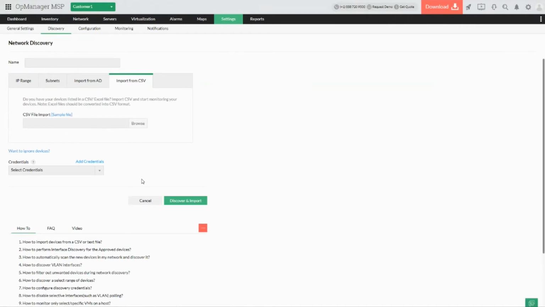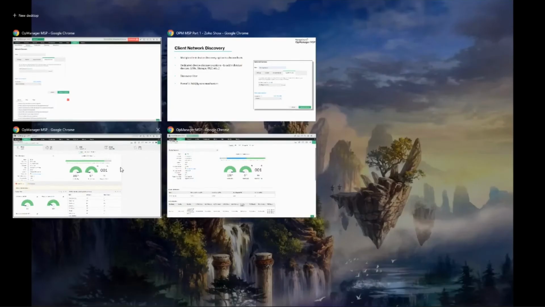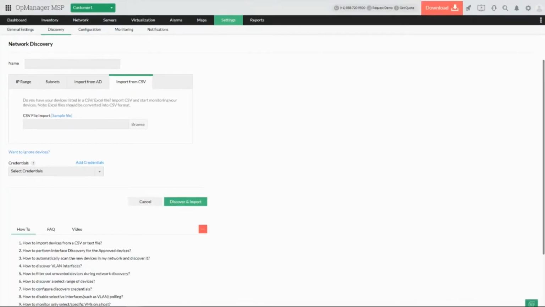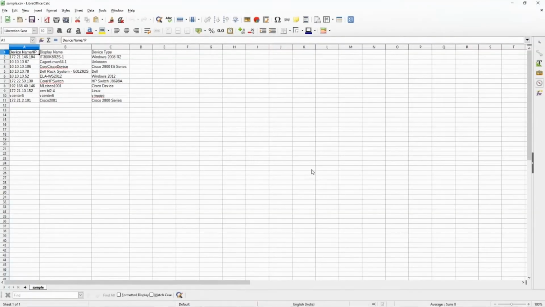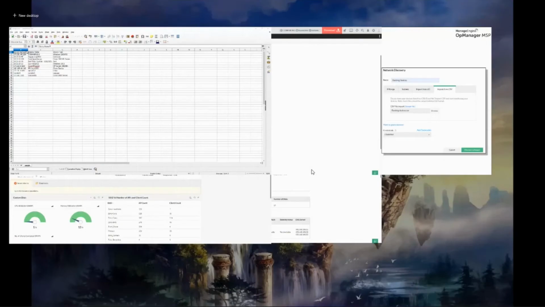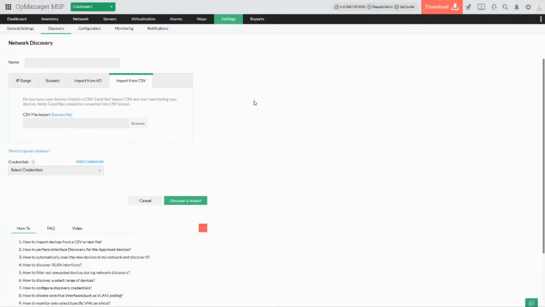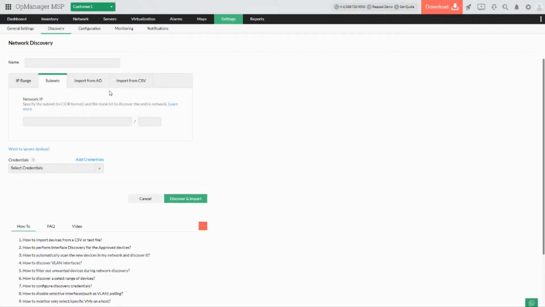And also, let me show you a sample CSV through which you would be able to view various information. Give me one moment. And this is a sample CSV through which you can see how the categories and columns have to be configured. So once you have the respective columns with the details, the device IP, name and type, you can automatically use this CSV file to import them on your customer site one or your respective clients or customers as well. And likewise, you can perform the discovery based on subnets as well.